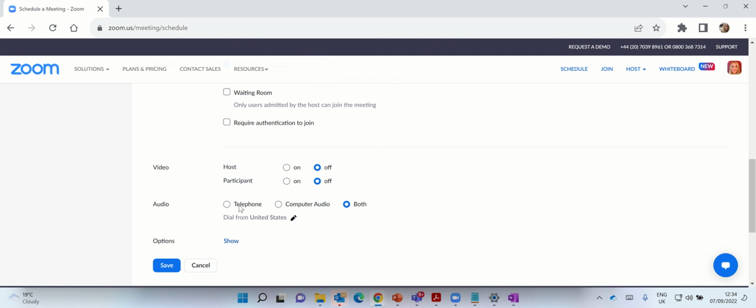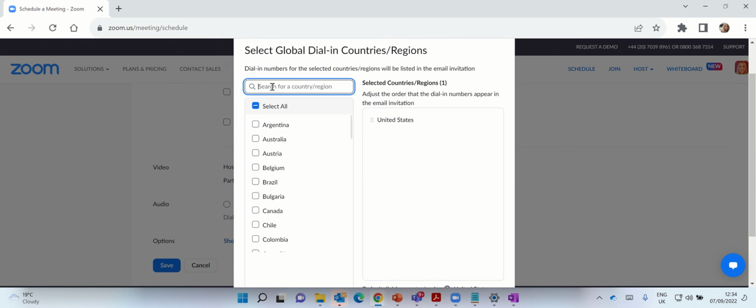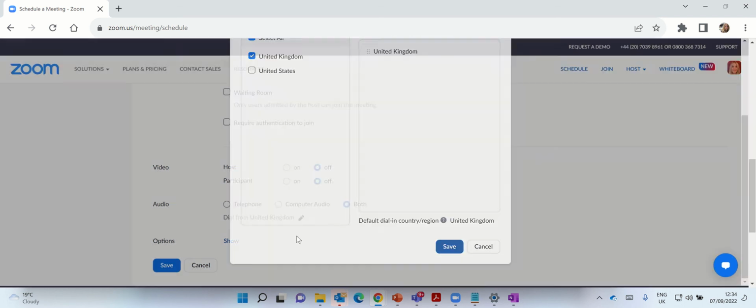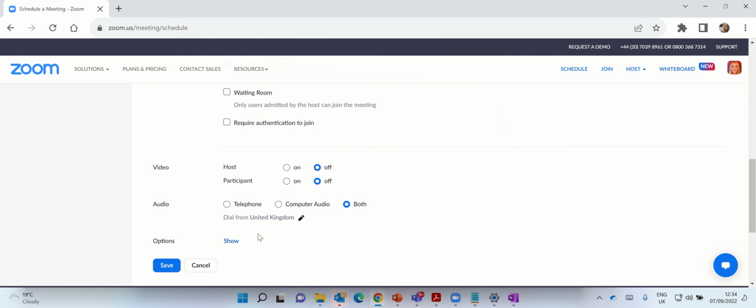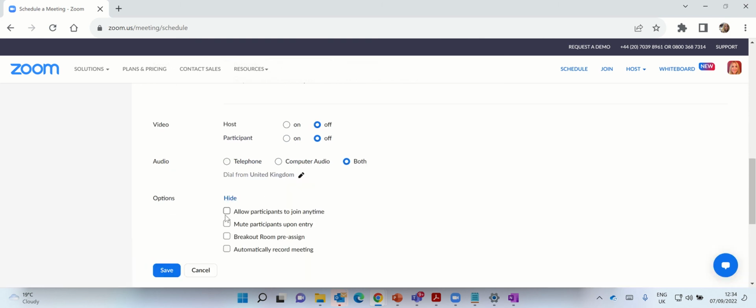Audio, I would always use telephone and both, and then the dial-in, always change it to UK. So here you can look for United Kingdom. Just type in United Kingdom, select it, untick United States, and that will then give you dial-in codes from United Kingdom. Other options, I would also tick this to say allow participants to join any time,